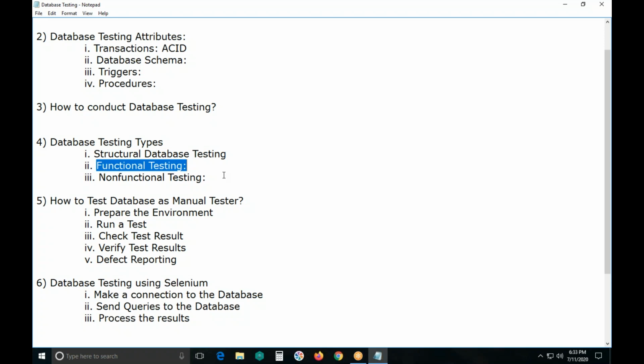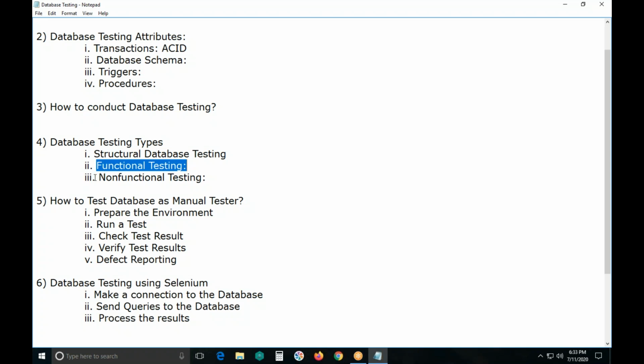Functional testing is performed keeping in mind an end user point of view, whether the required transactions and operations run by the end users meet the business specifications. It involves checking the functionality of databases. The most common types of functional testing are white box and black box testing.